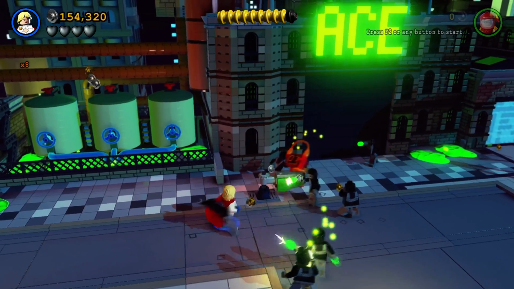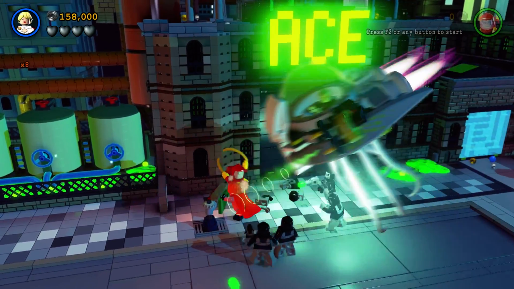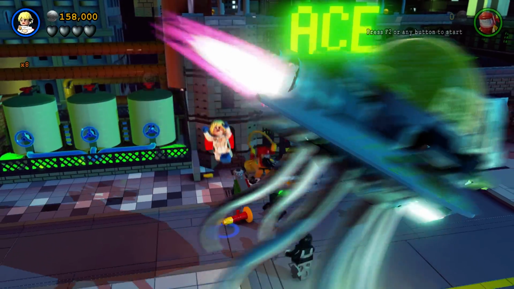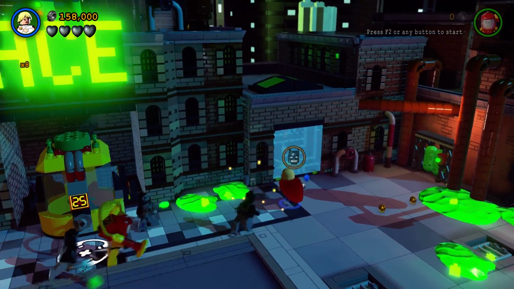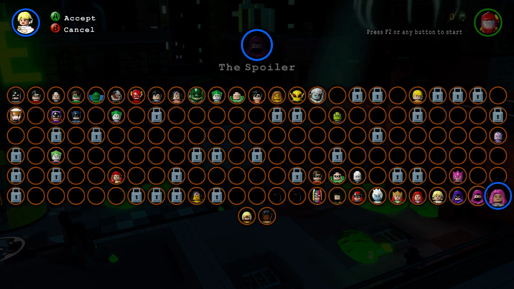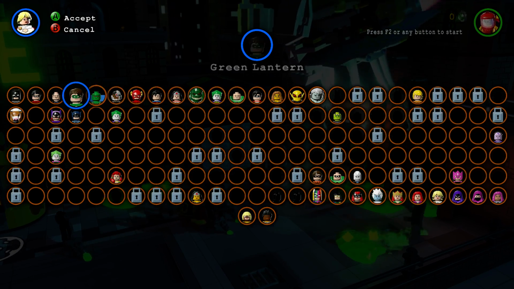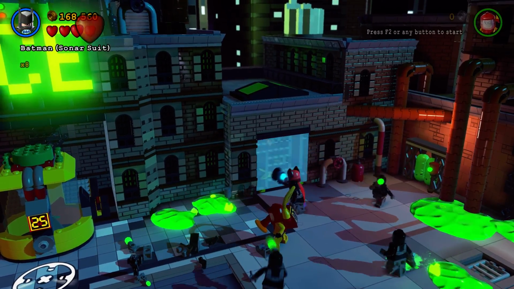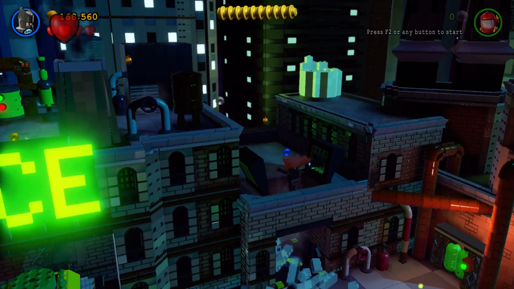We're back at Ace Chemicals here. So being in this tiny version of Gotham, in a lot of ways I think it's just because they didn't want to reuse the same design for Gotham that was in Lego Batman 2. There is definitely a silliness in that Gotham because there's these giant big statues all over the place, and there's a bunch of